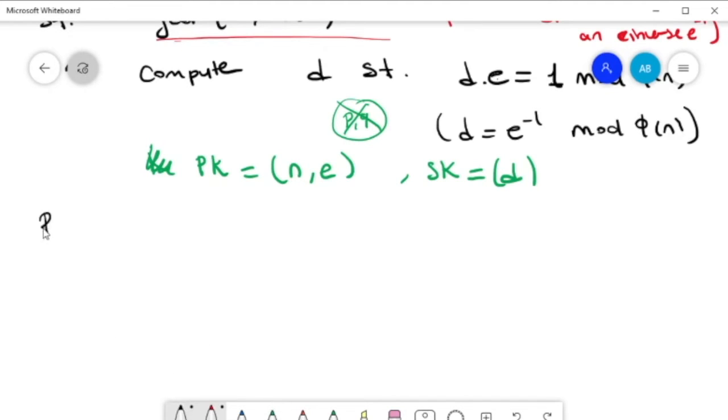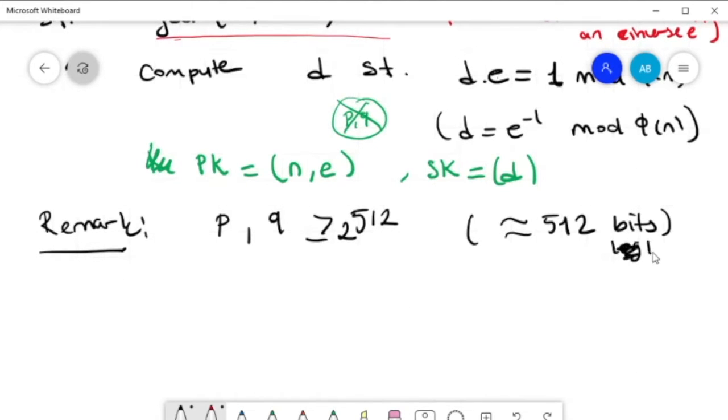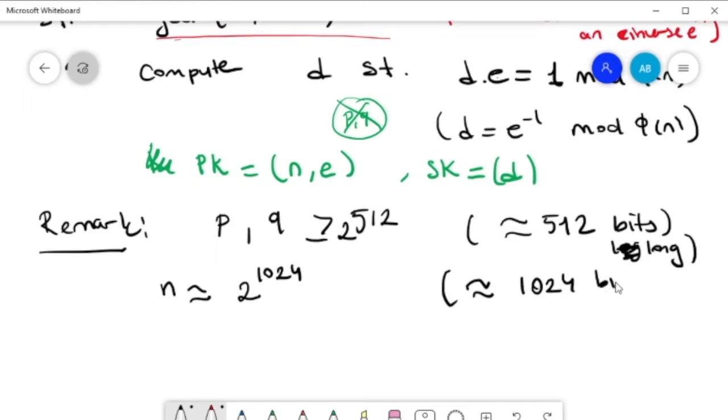So let me make a remark. If P and Q are bigger than or equal to 2 to the 512, this means that they are like 512 bits long, and N will be around this, which means it is around 1024 bits long. And normally now,